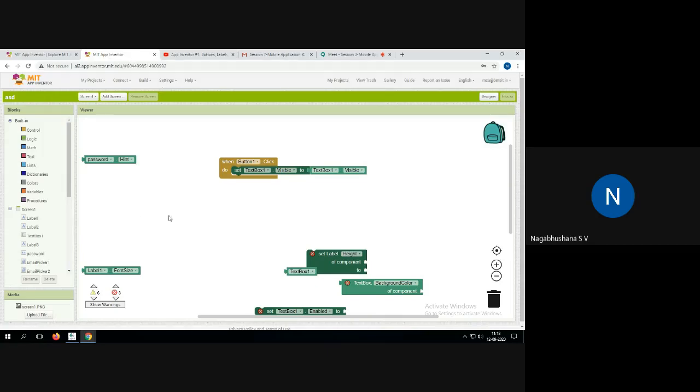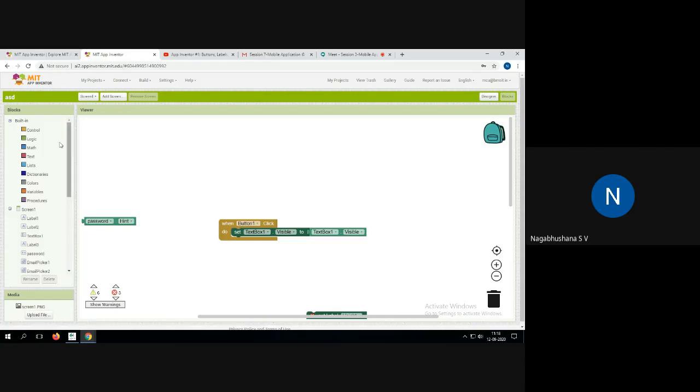But in this, it is very easy to do. You don't require that much internet connection. It's very simple. So you are seeing here there is something called a build option here. Build APK file. Once you click on this, if you want to run this, you should have an emulator embedded in this.